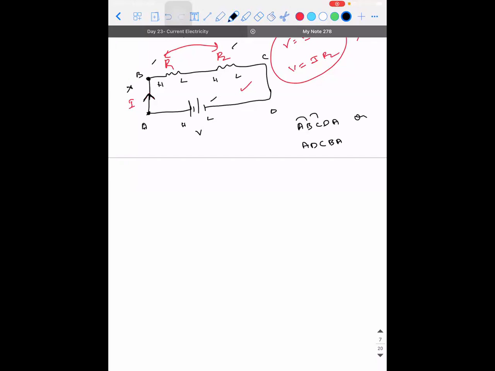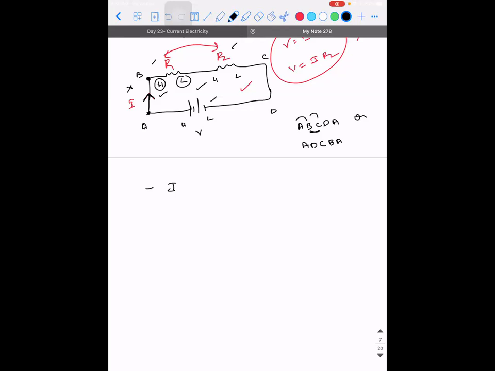2, sir. 2. So across those 2 devices, in the way you have taken the loop, you are going from B to C. When you are going from B to C, you are walking from higher to lower potential. So when I drop a ball, is the ball losing energy or gaining energy? ஒரு கையில் ஒரு பால் இருக்கா, I'm holding it at my chest level. So அதுக்கு ஒரு potential energy இருக்கும். If I drop that ball, that will go and hit the floor. So by the time it reaches the floor, is it losing its potential energy or gaining its potential energy? Losing its potential. It's losing, right? Adhe concept. When it goes from higher to lower, energy is lost.